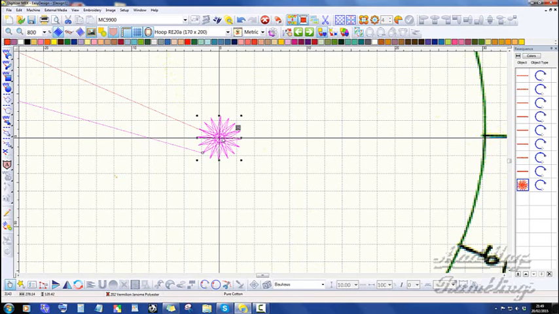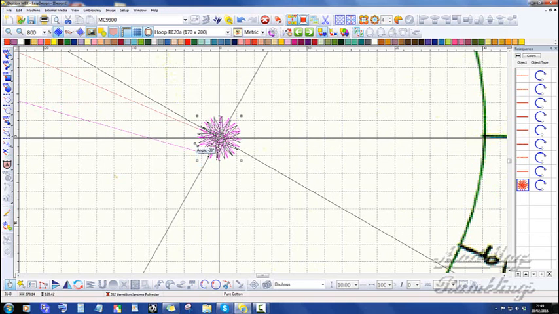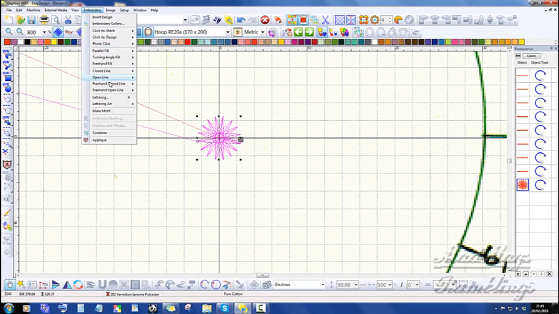So I click into it and I twist until my start sits like that. I'm not going to get it much straighter. It'll take my end point down too far. I click into it again and I go up into embroidery, make motif,